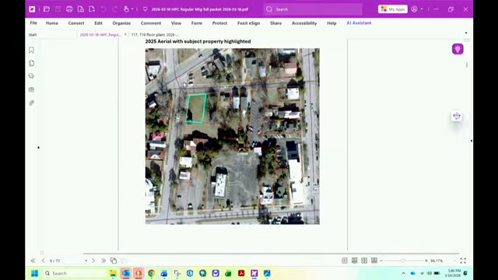So these are along New Street, these are the buildings that were used to come up with that front setback range, and then same thing along Bern Street, all of these buildings.